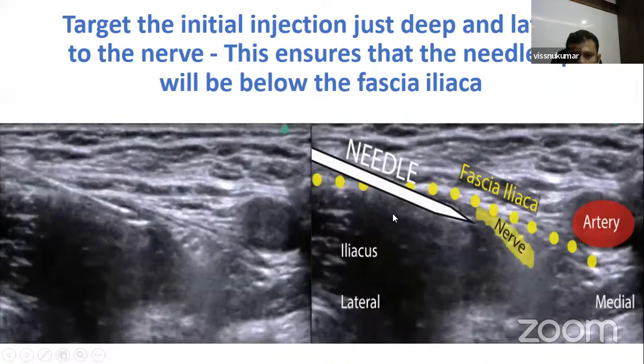Now see here, this is the needle and here you have the femoral nerve. So our first point: cross the fascia iliaca and then make sure that you are just beneath the lateral part of the femoral nerve, and only then give the drug so that it pushes the nerve towards the artery. Okay,